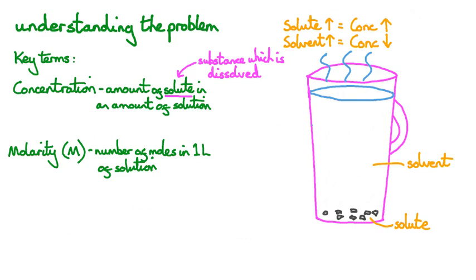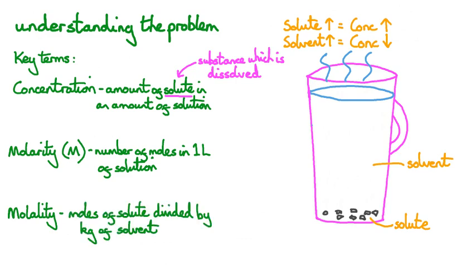One final term to discuss is molality. Generally, molarity is the most common way of talking about concentration, but if we have a situation where the temperature is changing, molarity doesn't work, and this is where we use molality. The molality of a solution is the number of moles of solute divided by kilograms of solvent, and the symbol for molality is usually a lowercase italic m. But for this video, we're going to use molarity.